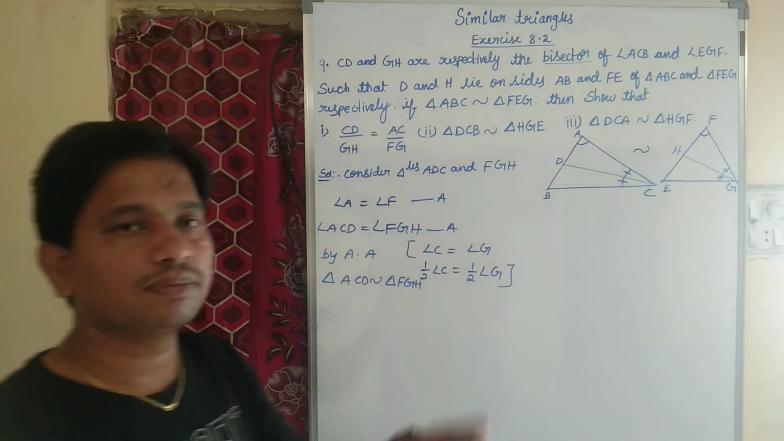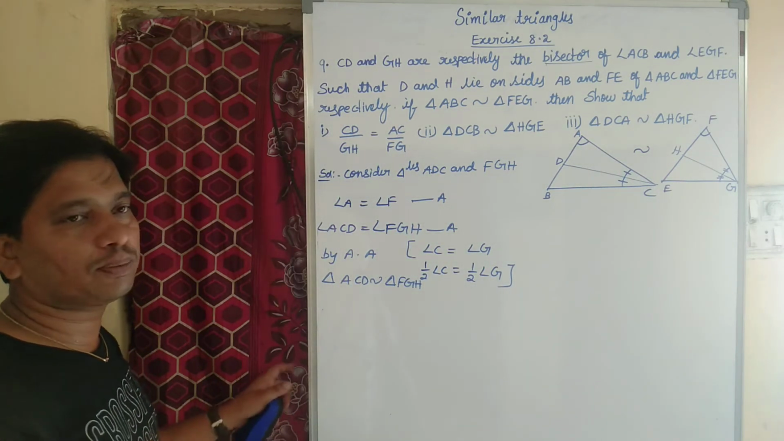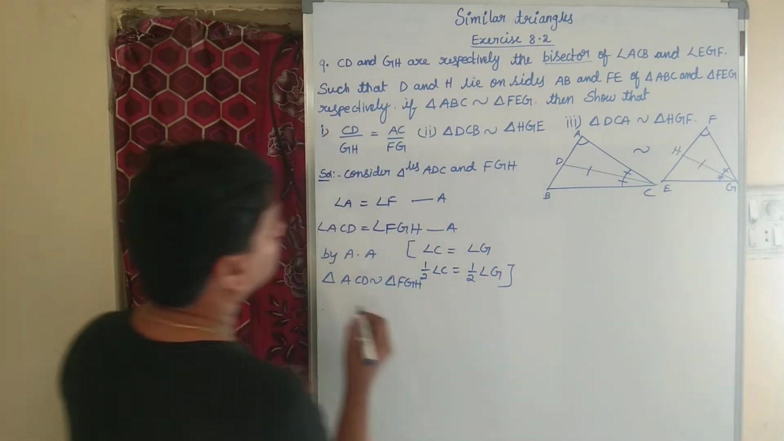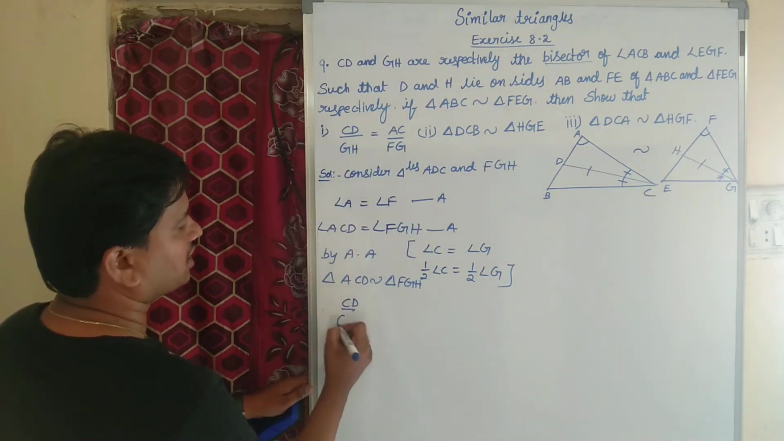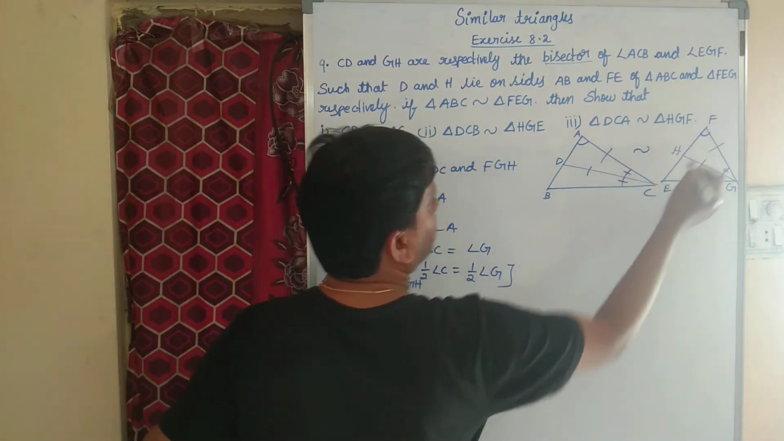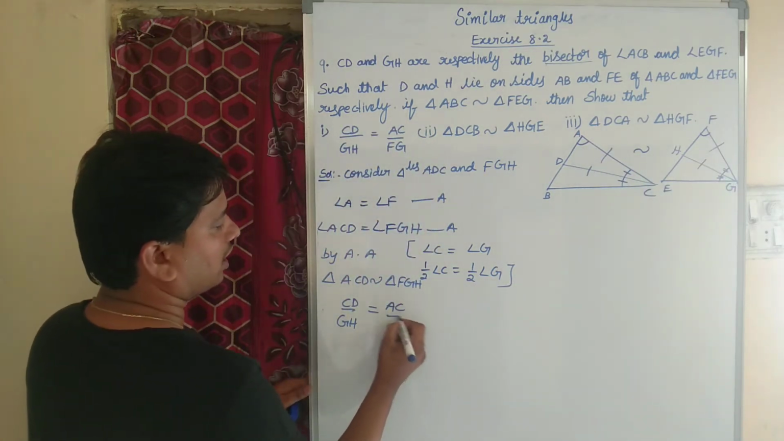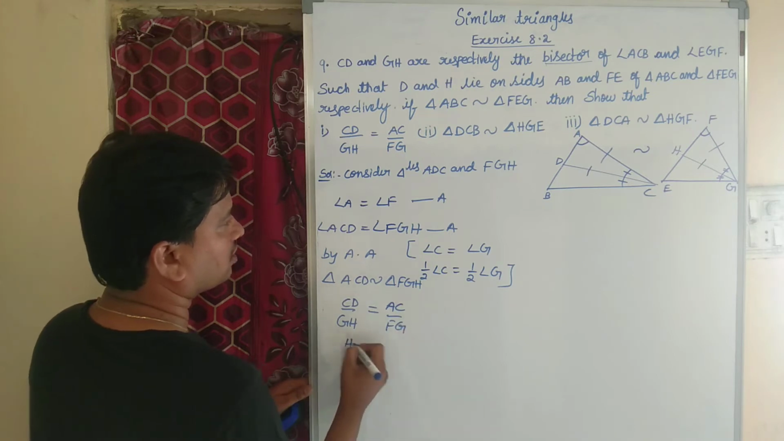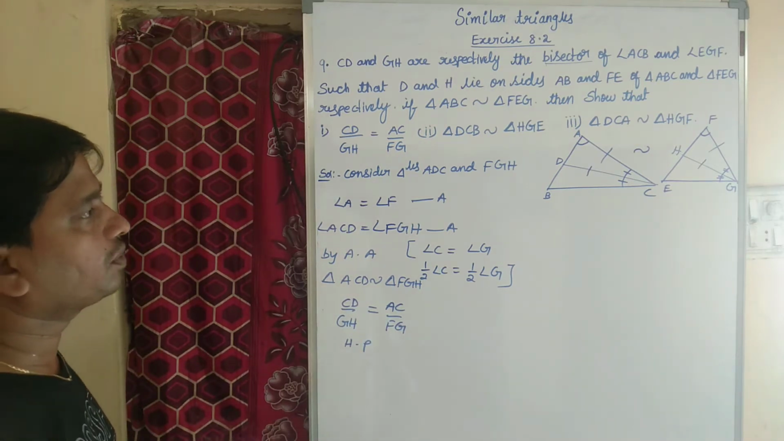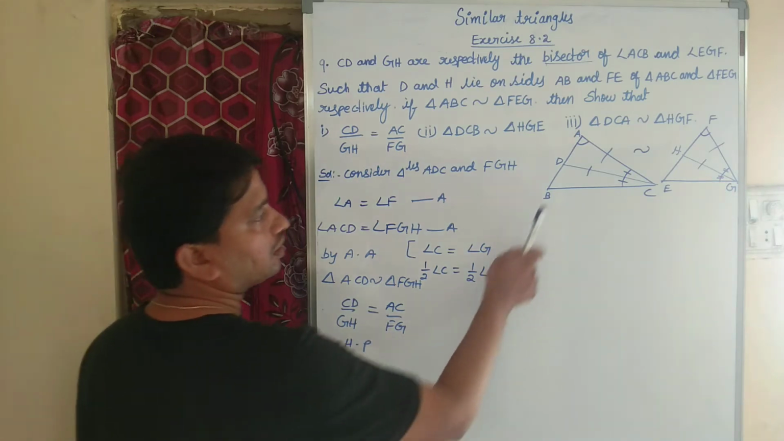If two triangles are similar, their corresponding sides are in the same proportion. What is the corresponding side of CD? GH. And what is the corresponding side of AC? FG. Hence proved. Now coming to the second point, we need to prove that triangle DCB and